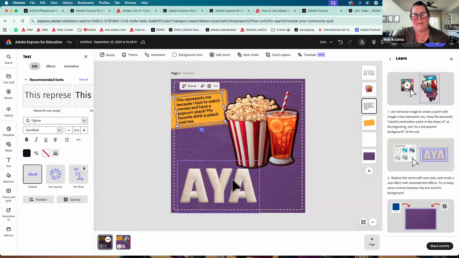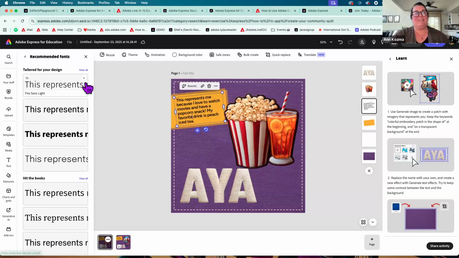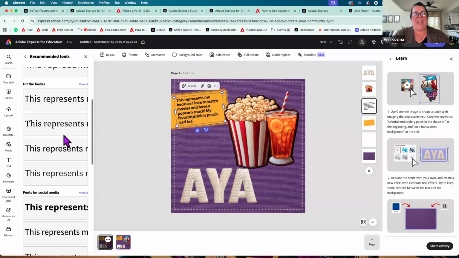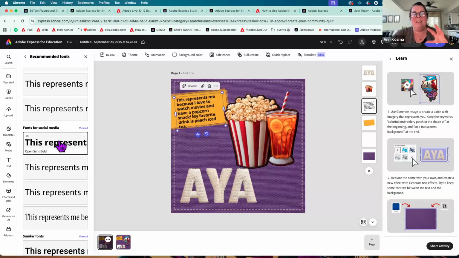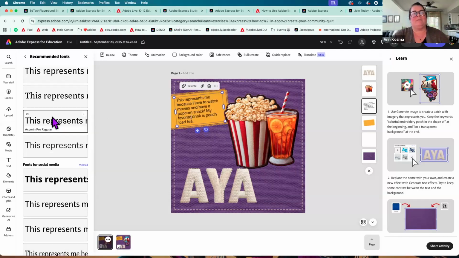I know I'm going a little bit fast through this because we do want to be able to complete this, and I want to show you some other things in the product. But this is meant to give you that overview, that hands-on play-based experience to see how the tools work and know different elements allow you to see different editing options. My text box, you'll notice I have recommended fonts that pop up. This is another way that AI is working and providing support for design by suggesting fonts or even more accessible